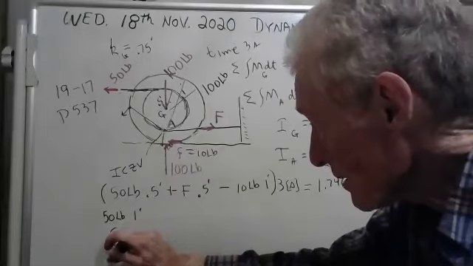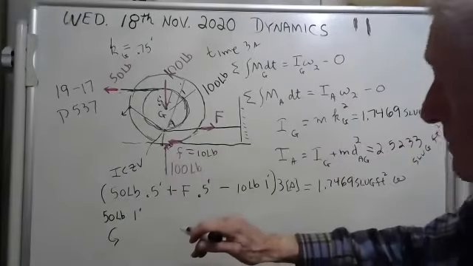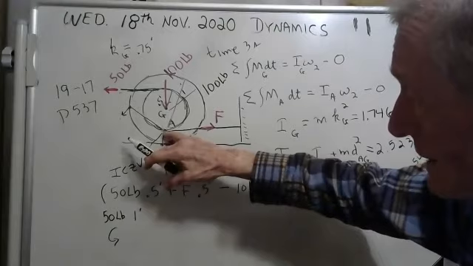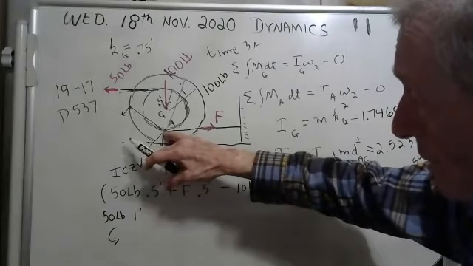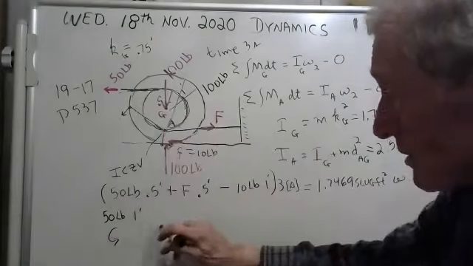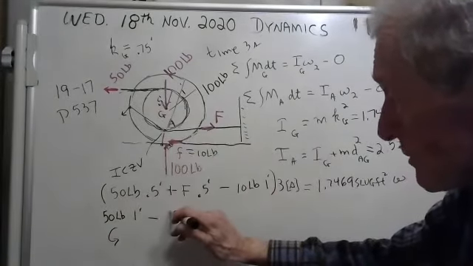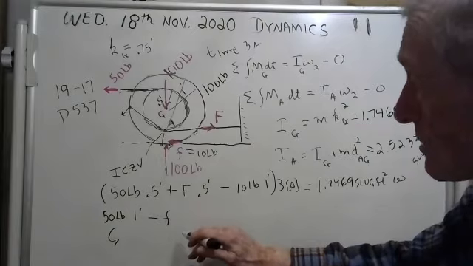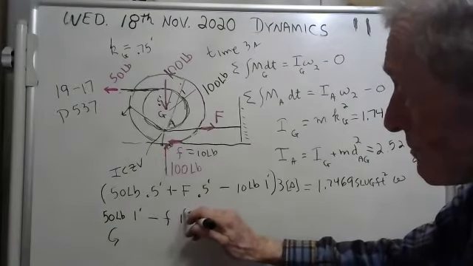And it's counterclockwise. We'll do everything counterclockwise. The F goes through A, so we don't need it. It doesn't give you a moment about A. But the friction does. And it's going clockwise, so you're going to have to subtract the friction times 1 foot